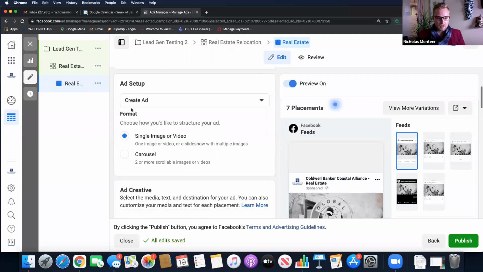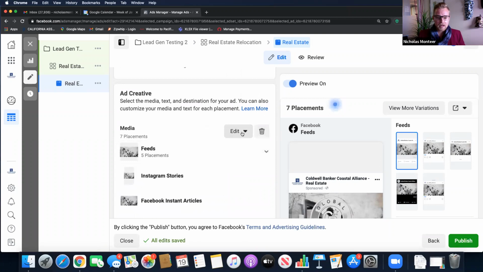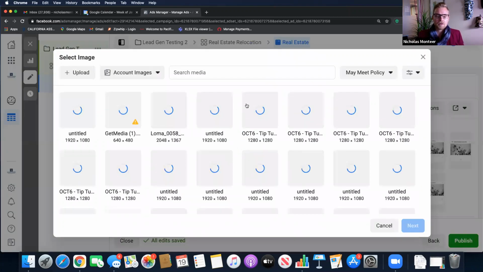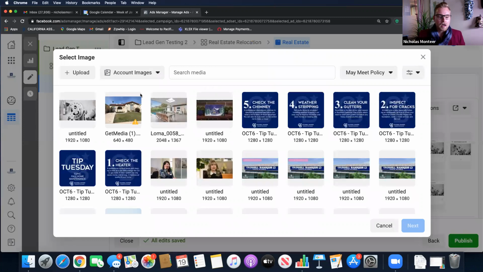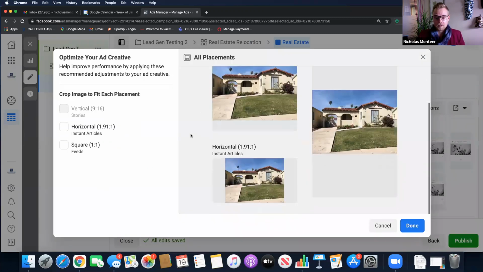Long story short, you go to ad setup. It's going to ask you, do you want an image or a video or a carousel of images? All of that's possible. And down here where it says edit, this is where you actually get to pick what kind of media you want to choose. So where it says change media. This is the part, Joe, where I was wondering how you would do an ad without an image. But then you can go ahead and select what image you want to use. And you can have video or anything you'd like, just so you know.